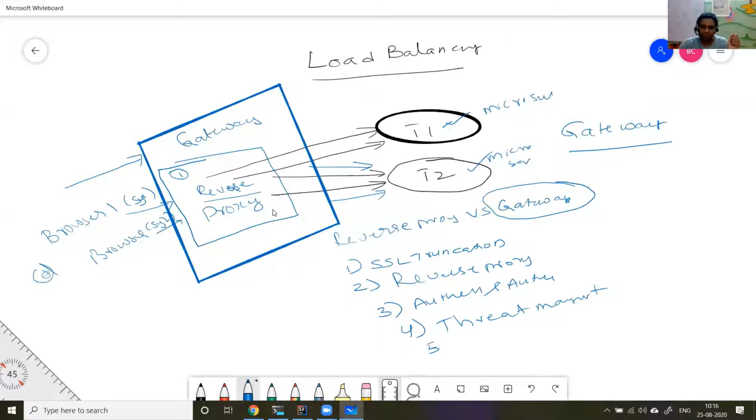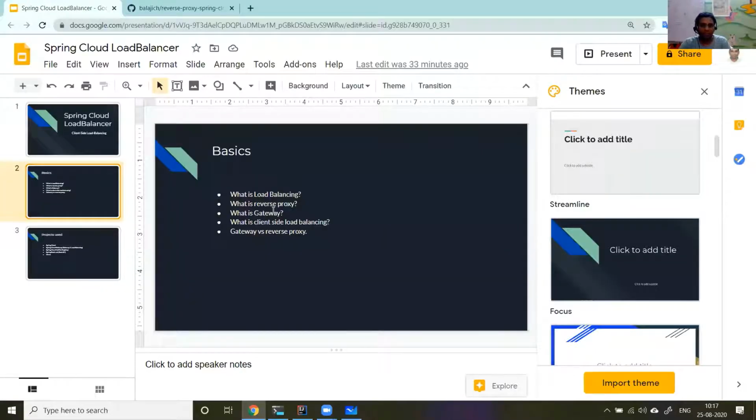Similarly, you might have heard about the circuit breaker pattern. If someone is hitting hard one of your websites, like a denial of service, to make your gateways or proxies go down, gateways will simply cut off those requests. We'll break those calls, stop those calls. So gateways do a lot more features than a simple reverse proxy. Think that gateway contains reverse proxy as one of its features. So that's a little bit about gateway, reverse proxy, and load balancing. So we got all these terms very well.